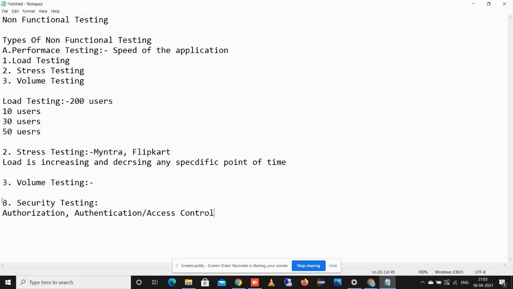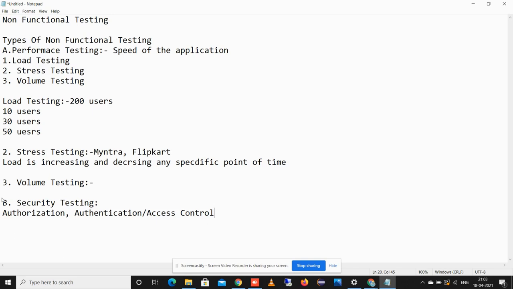In authorization, if there is a valid credential and the user gets access with that credential, for example the admin panel, the admin user logs in to the system with the credential, then they are able to see the details of only the admin panel, not another. This comes under authentication and authorization.